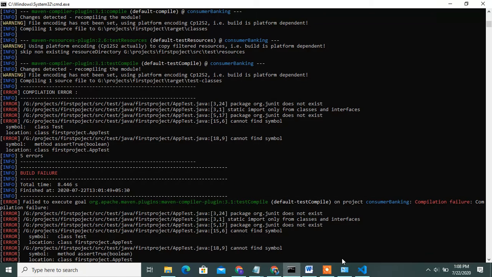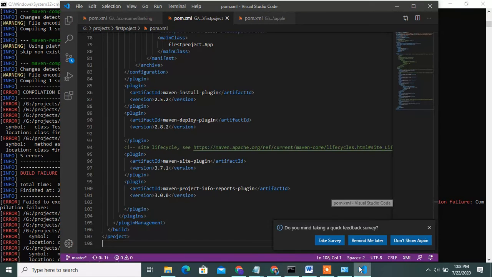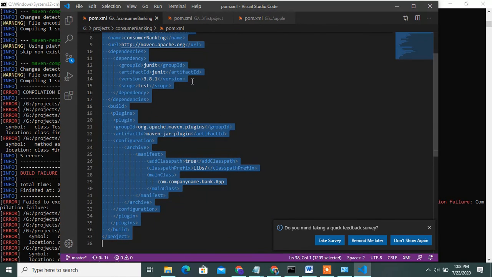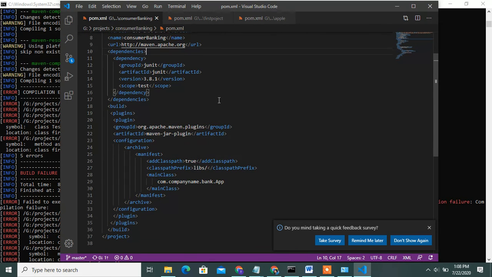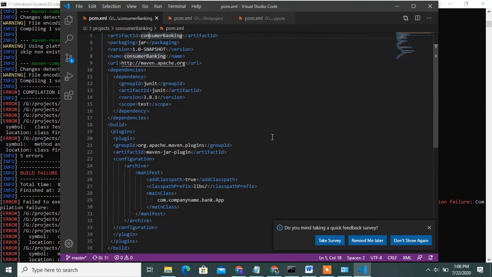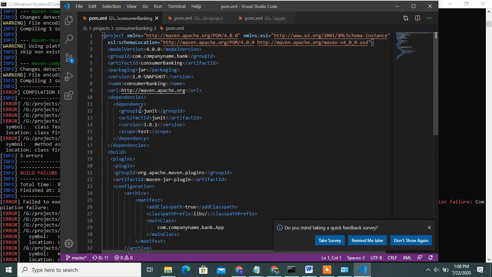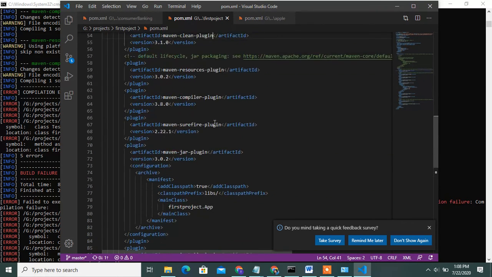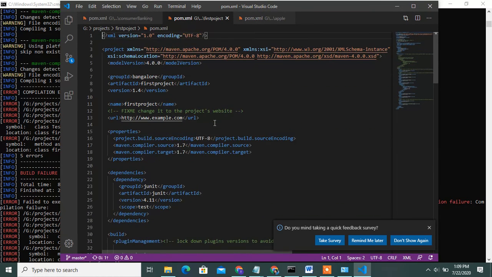Okay, some issue, I will explain it. See, after dependencies, under my group ID, also artifact ID, also version, I will mention it. See, I will mention it in all: group ID and artifact ID and version. That's all.